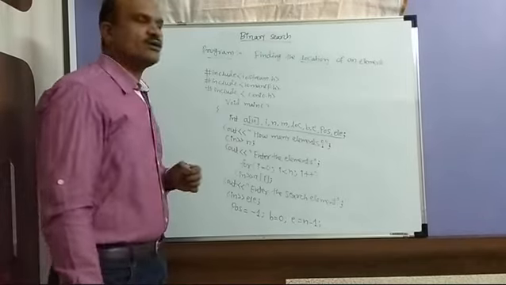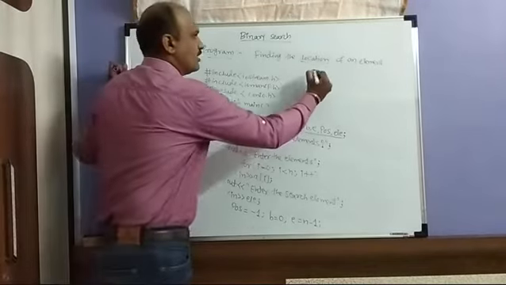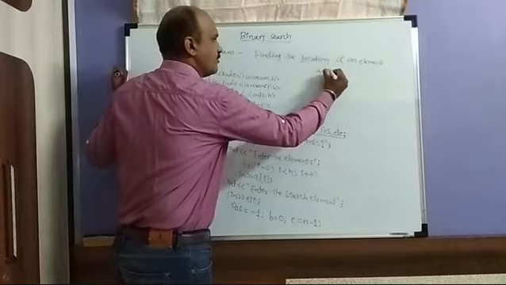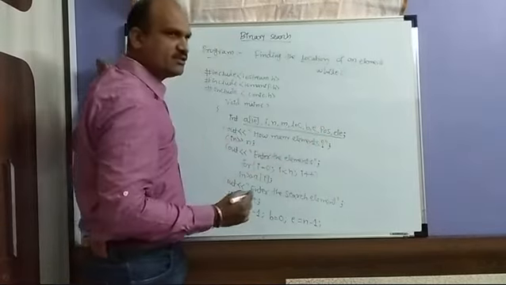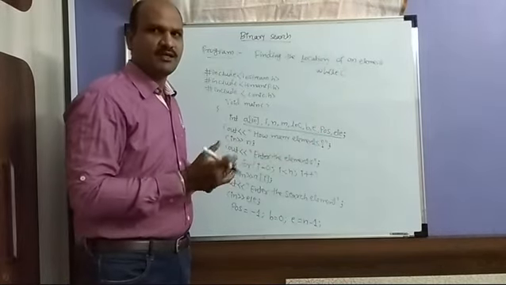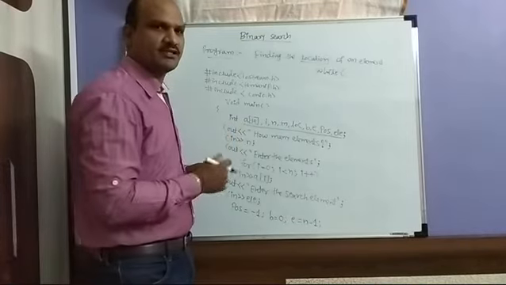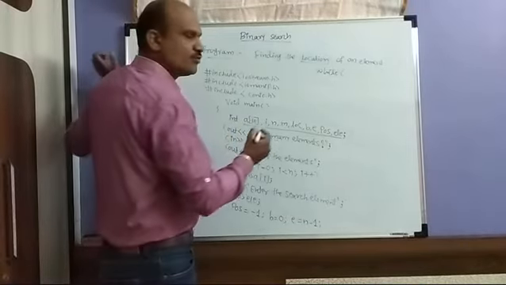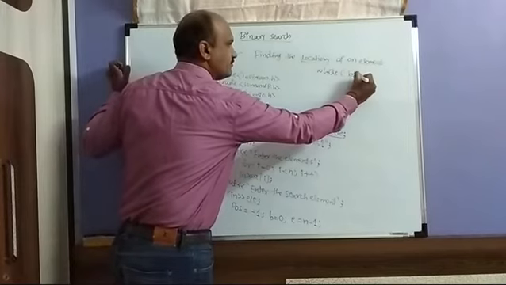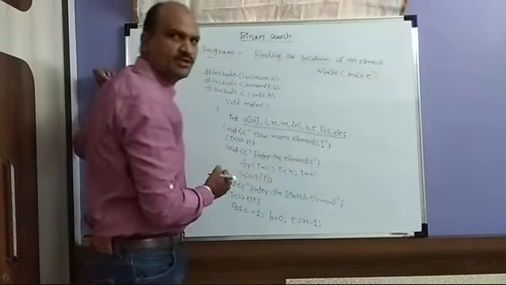Then you have to write the while statement. So now I will write the while statement. Now you have to write the condition. First finding the middle element, then again you have to write the right hand side and left hand side. So b is less than or is equal to e.